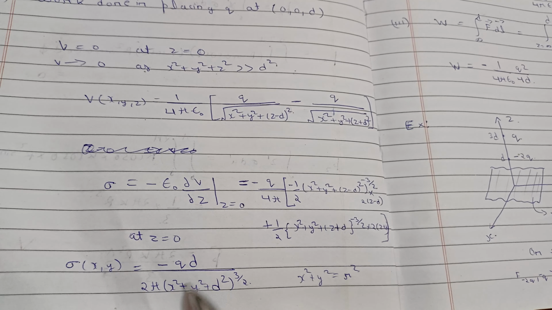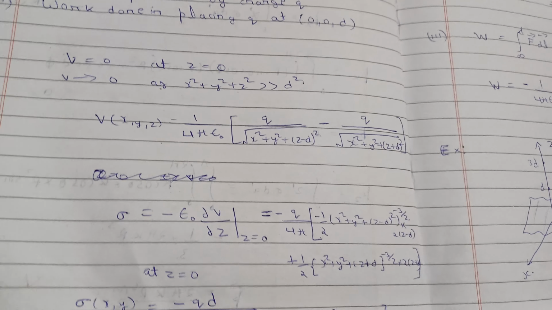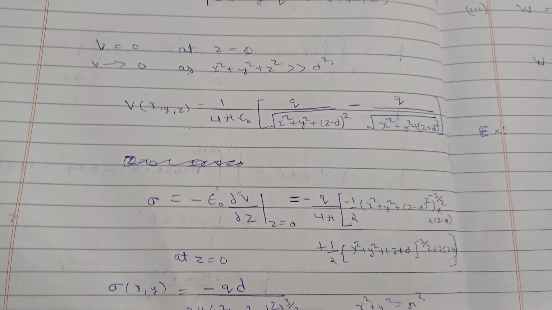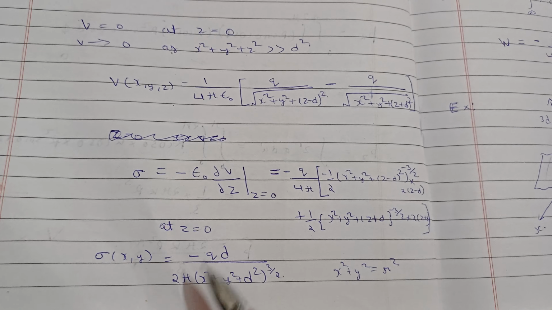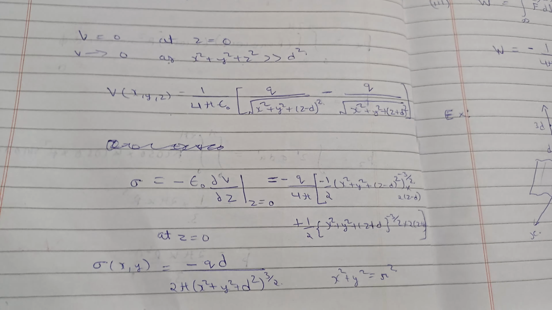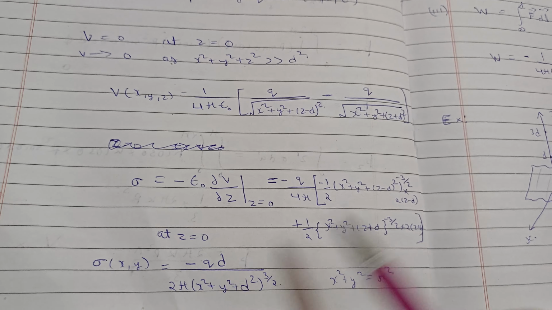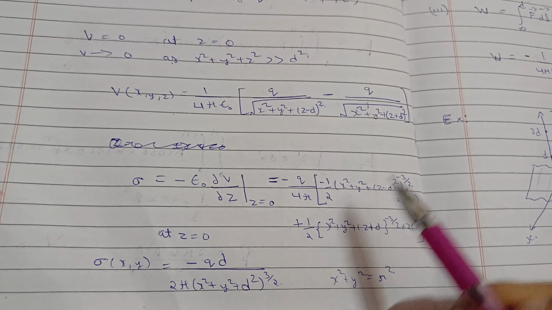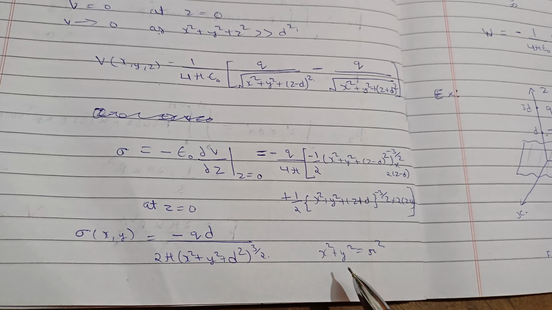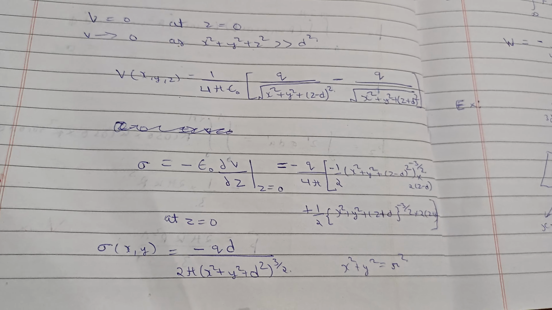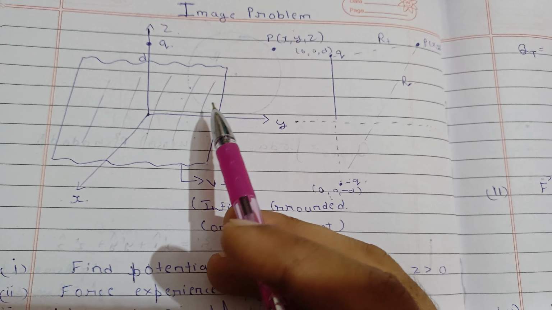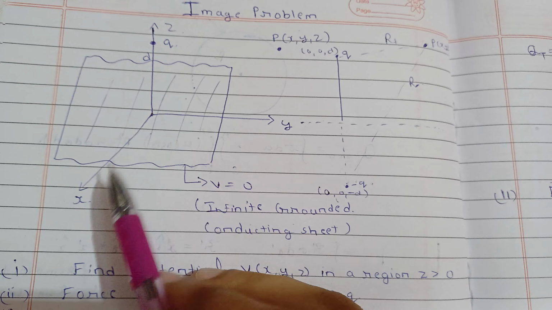Now see, if we consider this, now we need to find the total charge. What if they ask me to find the charge on the sheet, how can you find it? It's just sigma multiplied by the total area element, means integrate over the complete area. So now we can write this in cylindrical symmetry, as we know this sheet can go to infinity and this is the z axis. Then x square plus y square can be written as r square, so it will be r square plus d square, and z is constant, so the area element will be nothing but r dr d phi, where r is going from 0 to infinity and phi is going from 0 to 2 pi.